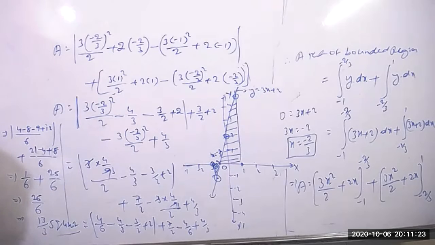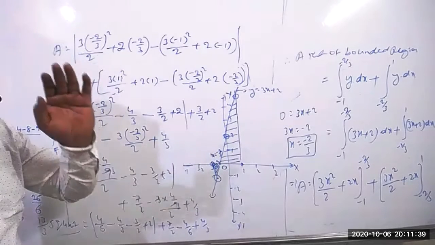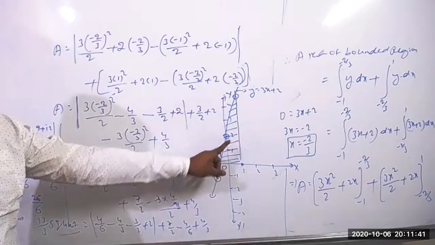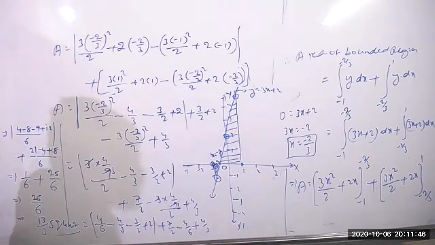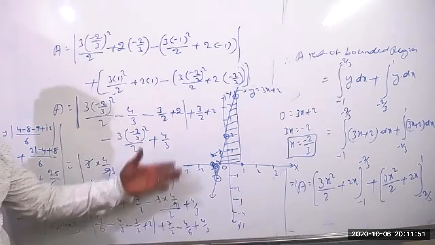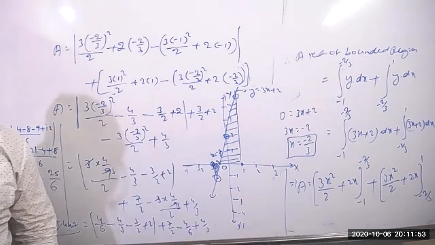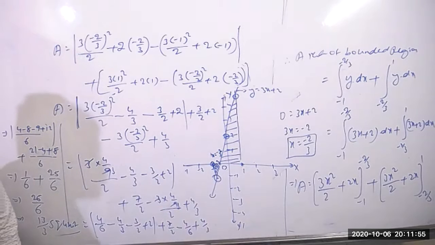So this chapter is somewhat difficult, no, sir. Yes, definitely. That's why they gave very few questions. Because for taking the limits and finding all those things, drawing the graph is the most important. Suppose we make a mistake in the graph, but definitely drawing the graph is important and finding the limits is also important. And the integration part is very easy, because we get small functions, then we can easily do the integration. The calculation part will be more.